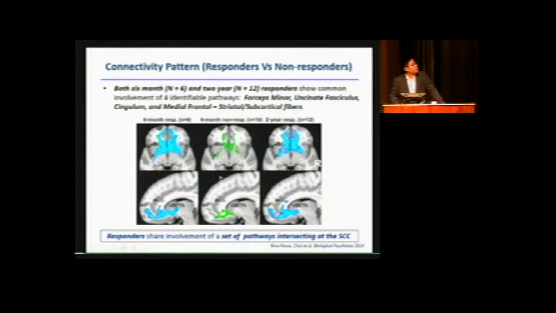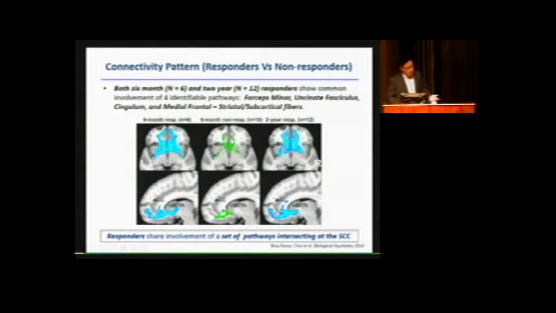Also, not only at 6 months, when we look at the 2-year outcome, some subjects were responders at 6 months, and some were not. For the non-responders, we changed the contact or their stimulation parameter, and they became responders. So in total at 2 years, we have 12 responders. And when we look at their connectivity pattern at 2 years, it is exactly identical to the 6-month connectivity